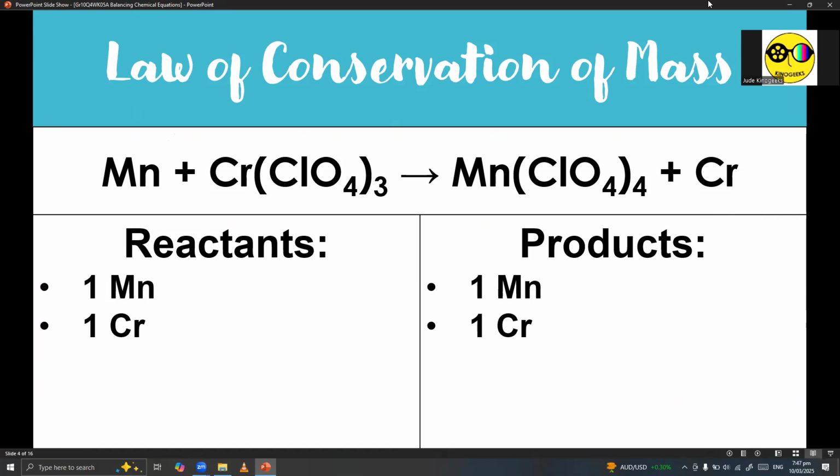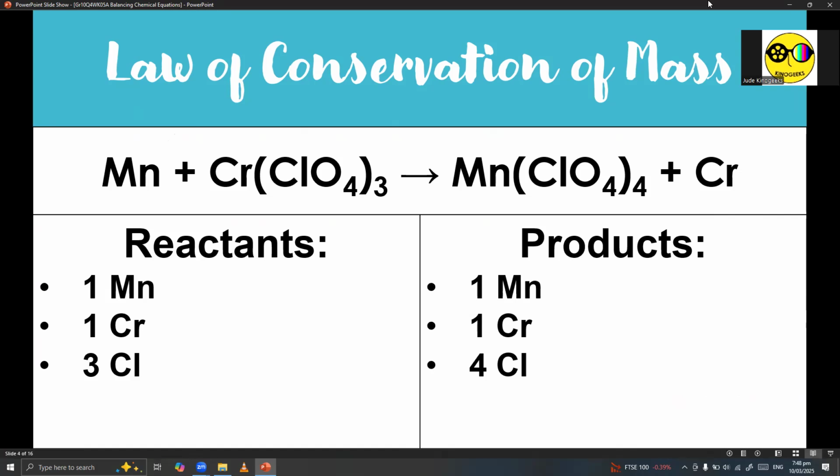Now let's take into consideration all the elements inside the parentheses. Let's start with chlorine. On the reactant side, you have one chlorine atom, and outside the parentheses, you have number 3. So you have to distribute that number. So 1 times 3 equals 3 chlorine atoms. However, on the product side, you have one chlorine atom inside the parentheses, and you have number 4 as a number outside the parentheses. So distribute that inside. 1 times 4 equals 4 chlorine atoms. So technically at this point, we can already